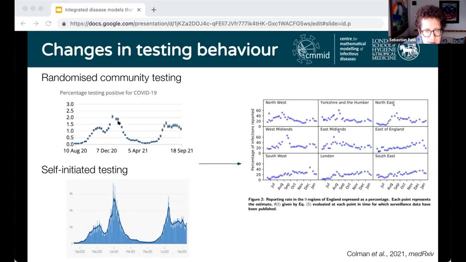And so we can compare this to the self-initiated testing. This is just the case data over time, trying to match these roughly in time. If you divide one by the other, you get some estimate of the proportion of people with symptoms that came forward for a test. Now we can quantify this, but we have the same problem that we had before with changes in contact behavior, which is that we observe changes in trend over time, but we don't really have good explanations for why they happened. If people had different predispositions of coming forward for a test with symptoms, why that would have been the case over time is what we would really need to understand.